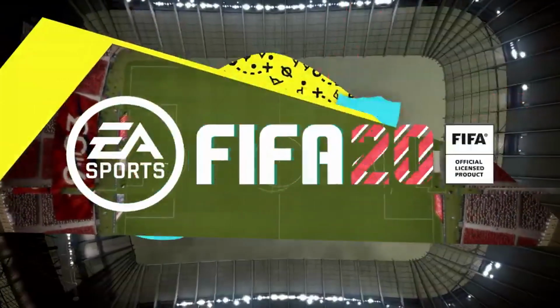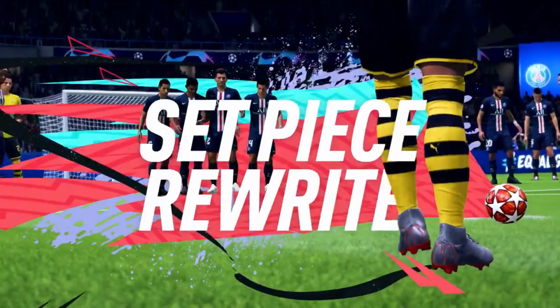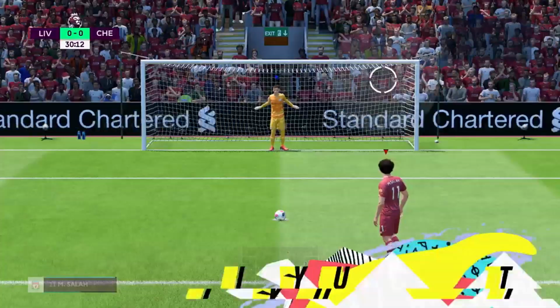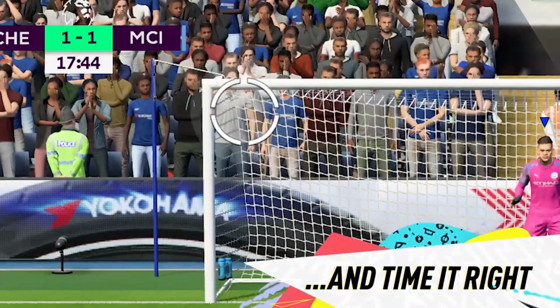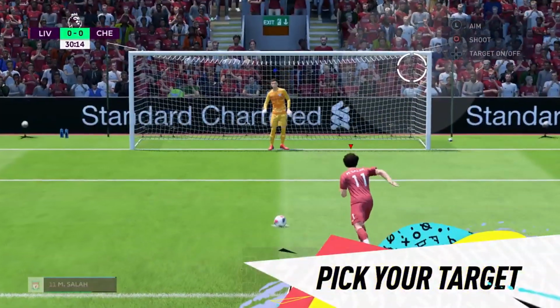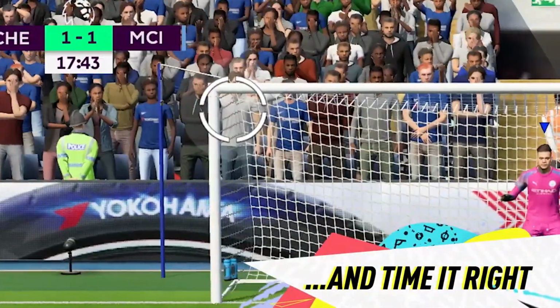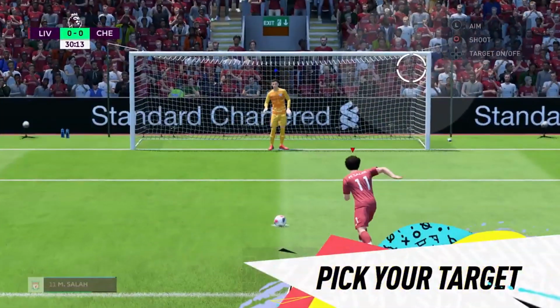So the first thing that EA showed in this trailer when announcing the new gameplay features was the penalty rewrite, so the new set piece system, and you have to pick your target, as you can see with that circle, and then you also have to time the shot correctly in order for it to go where you want. I think this is a pretty decent addition to the game because it makes penalties a bit more consistent, so